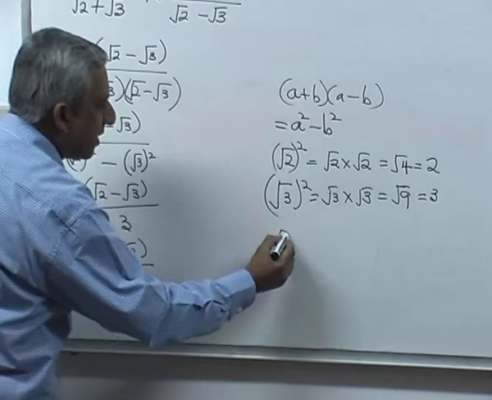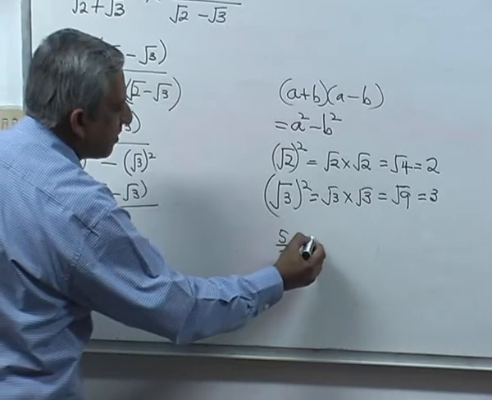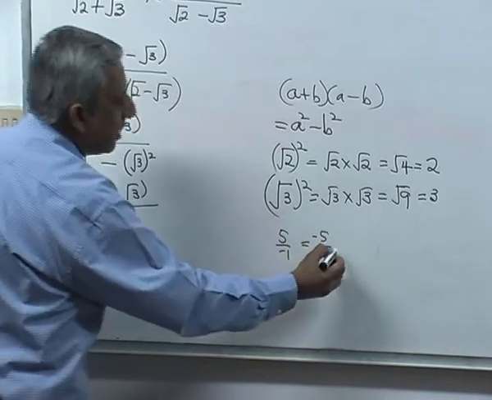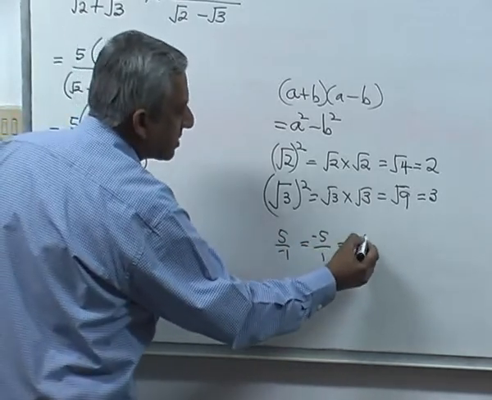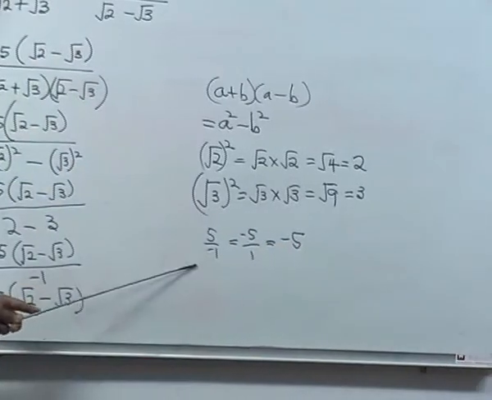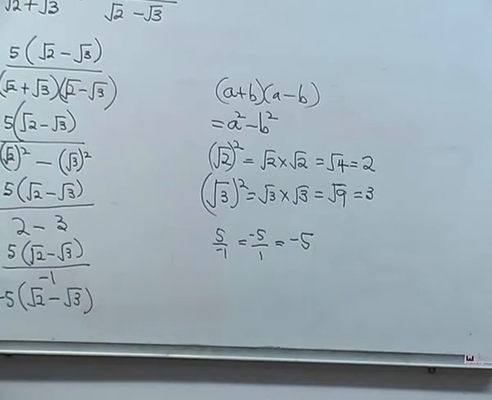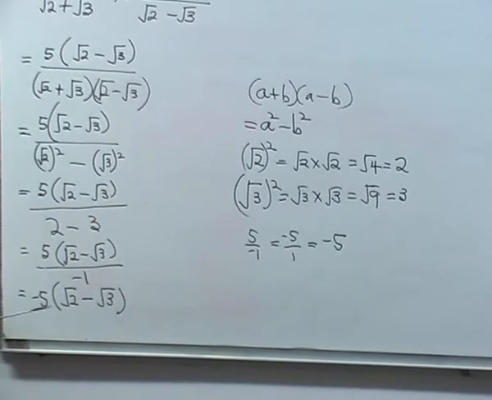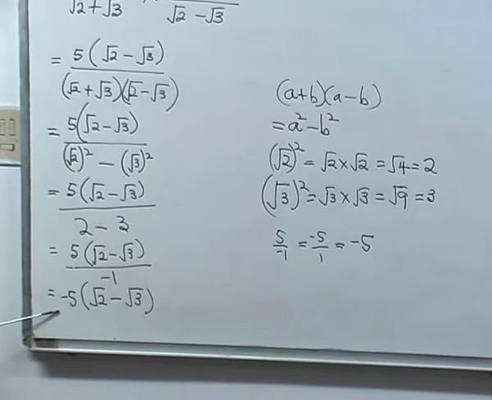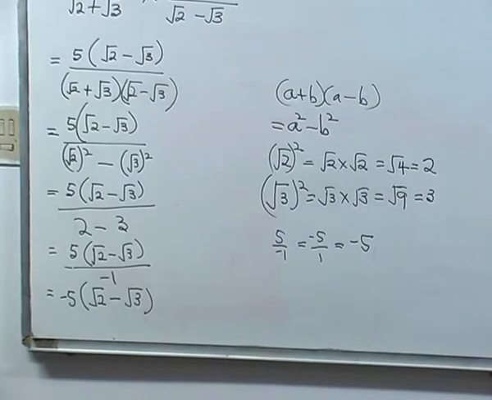Remember, 5 over minus 1 is the same as minus 5 over 1, which is the same as minus 5. So 5 over minus 1 will be minus 5. Alright? So that's rationalizing a denominator where you got